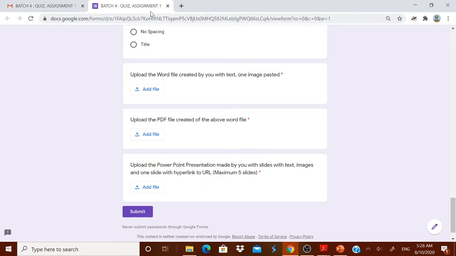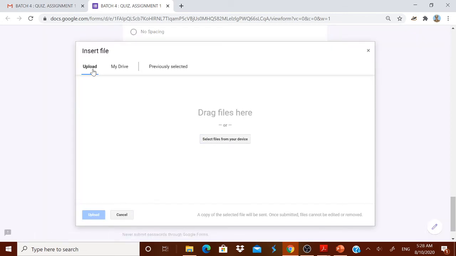How to do it? After all the questions are answered, click this add file. It will ask you to upload from My Drive or from your computer. I think in the first lesson itself we have informed you that you have to open a folder and then you have to put all your material there. It is very easy for you to manage. That is why it is called managing files and folders. Therefore, try to put all your material you are preparing in a folder so that it is very easy for you to access it. Select file from your device, click it.